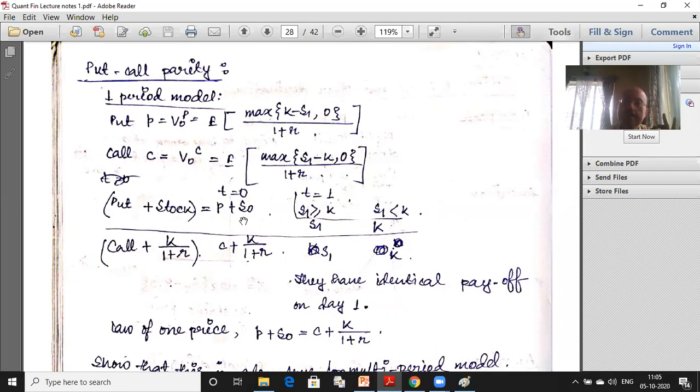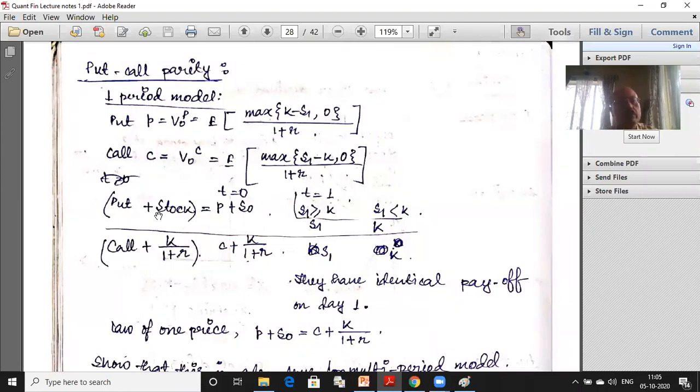Are we here considering only one stock? We are considering a put and a call option on the same stock, a single stock. And these options are 1 period lived, so they will expire tomorrow. Is that clear? Yes, sir. And the same strike price, same K.